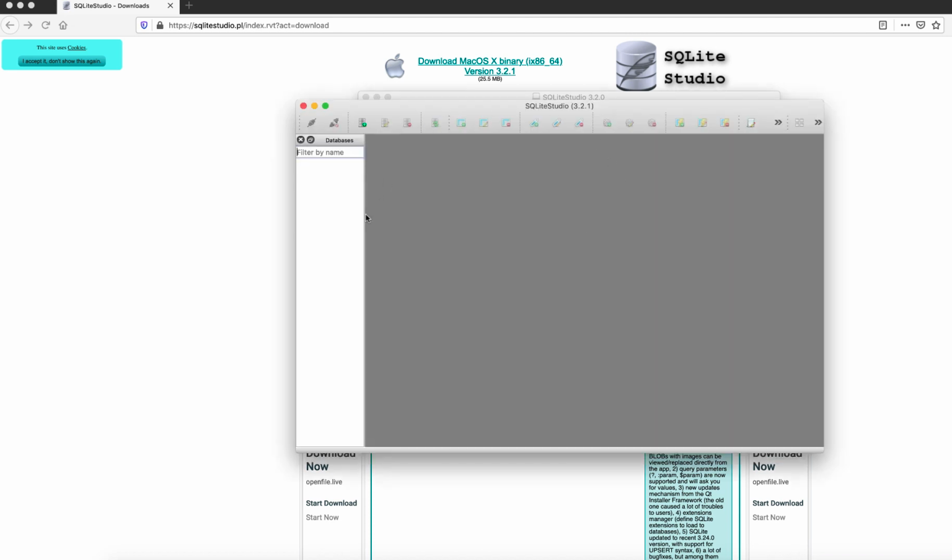Okay, so this is the interface of SQLite Studio. This is your work area, and this is where the database information will go in. You have a few things over here. This is connect to a database, this is disconnect from a database. This is for when you have multiple databases and want to go from one to another. If you want to add a database, which you will need to do,